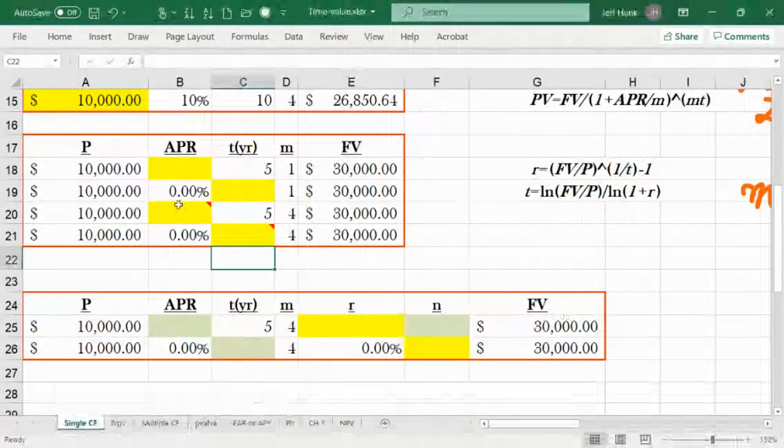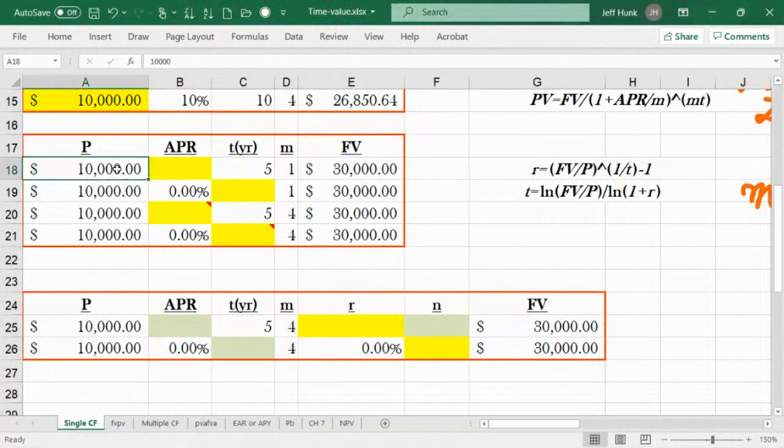Let's go to this example. That's exactly that example, isn't that right? Your principal is 10K. Your timeline is 5 years. Your target future value is 30K. Then what should be your APR? And of course,